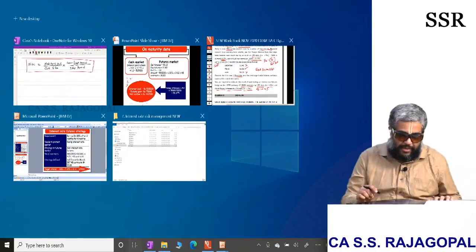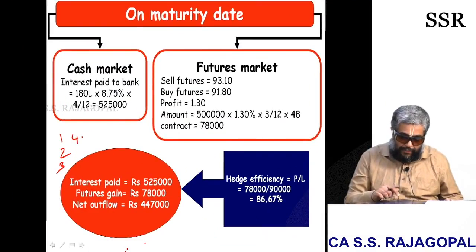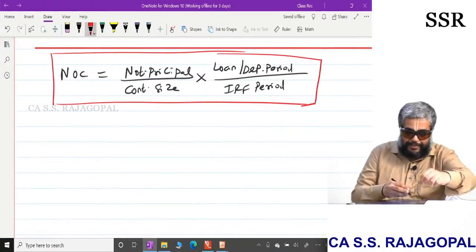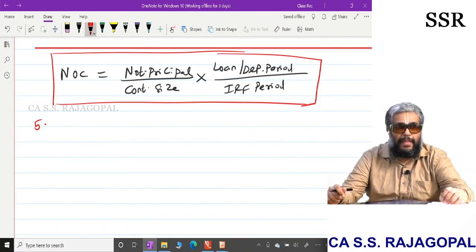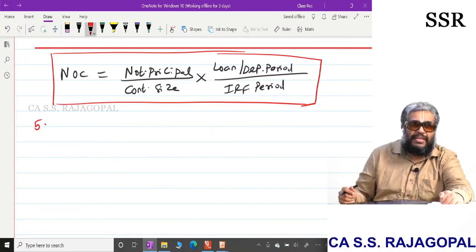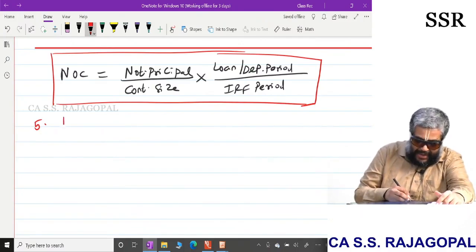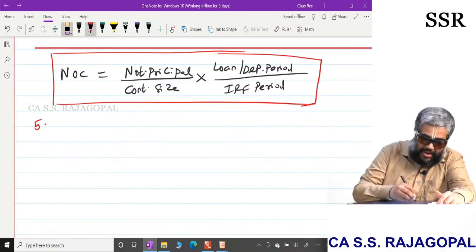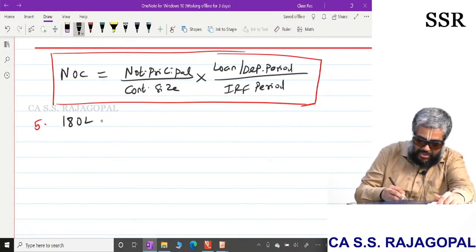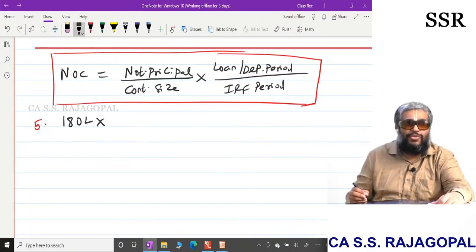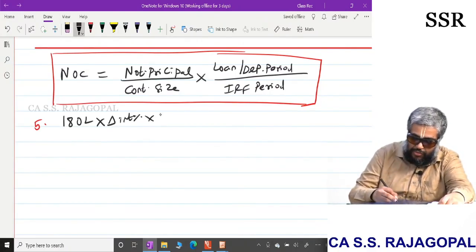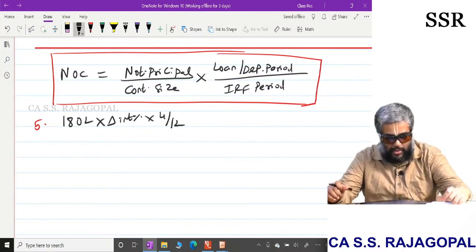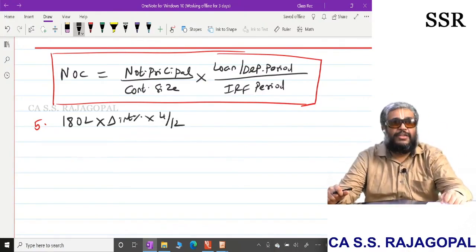Next, write point number 5. In this sum, in the cash market, we need to hedge 180 lakhs into change in interest percentage into 4 by 12,